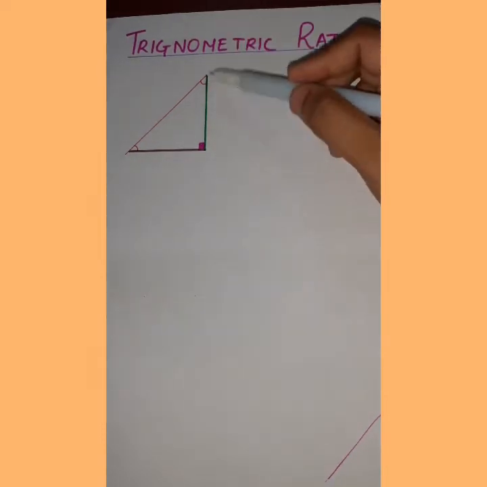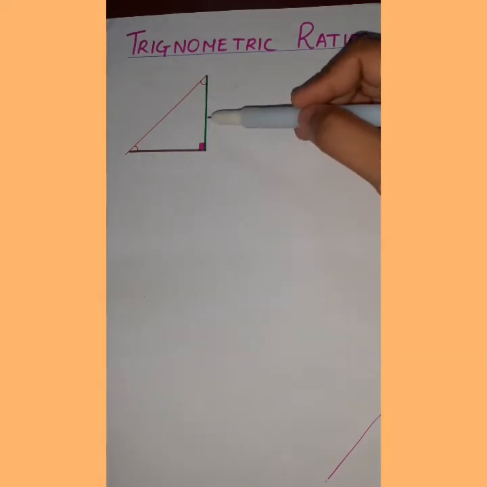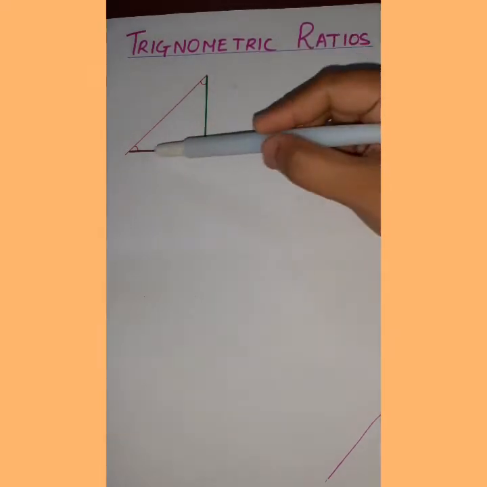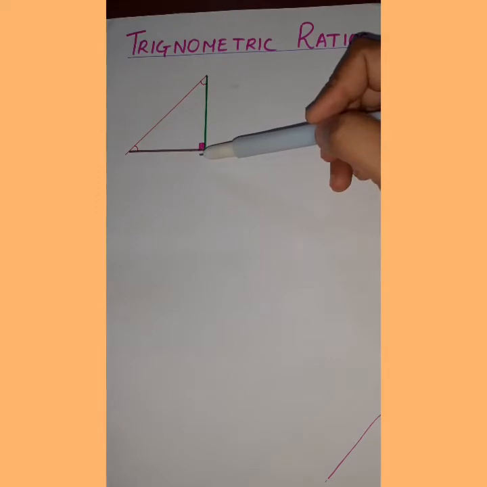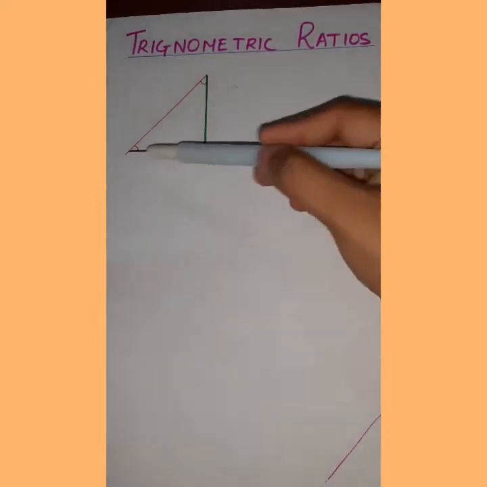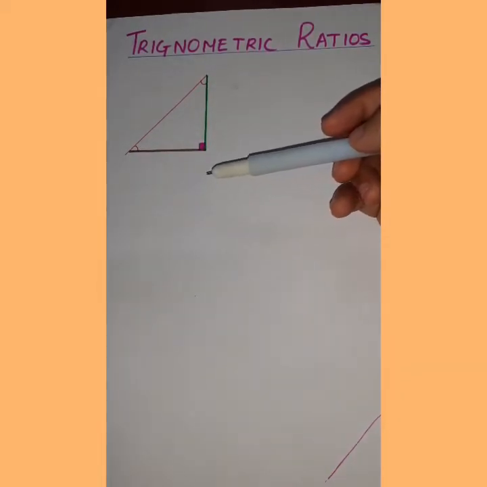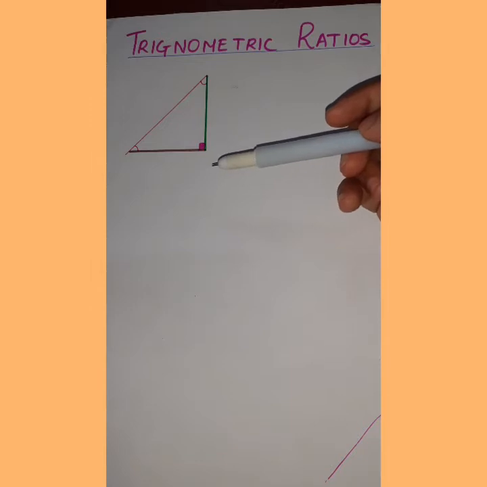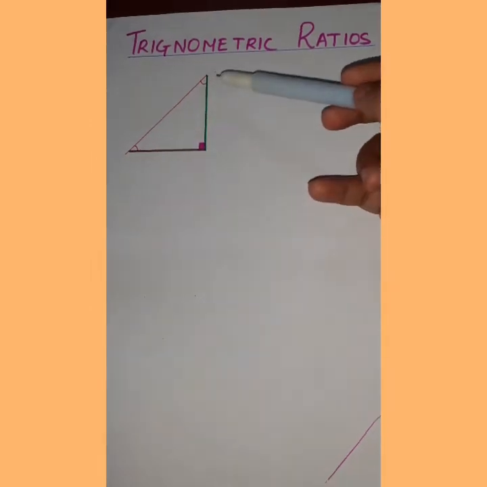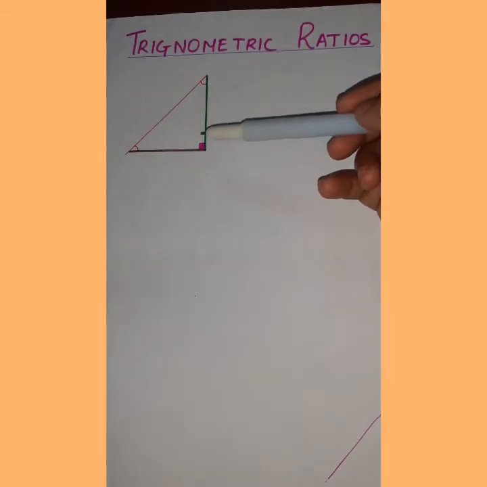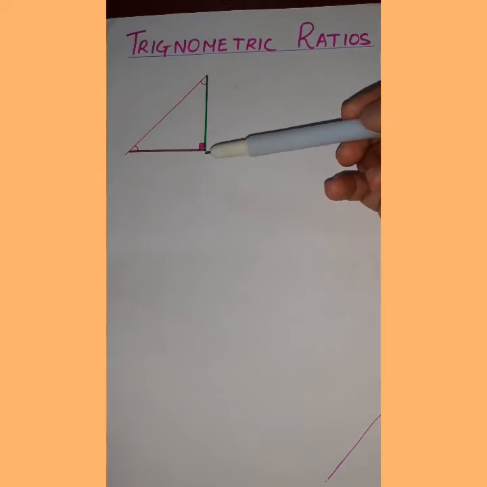This green line, which is forming an angle of 90 degrees, standing perpendicular on this base, is called the opposite side of a right angle triangle. This green line is standing on this brown line, which forms the base of the triangle. This whole triangle is standing on this brown line and it is known as the adjacent side of a right angle triangle. And this red line, which connects both the opposite and adjacent sides together, is known as the hypotenuse of this right angle triangle.